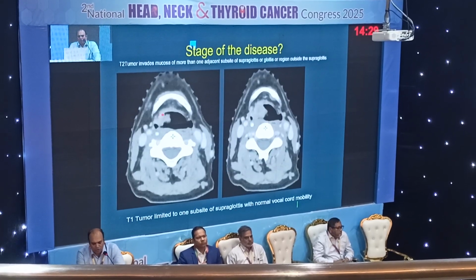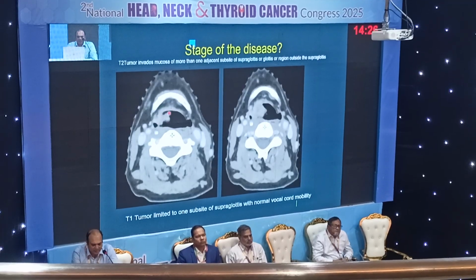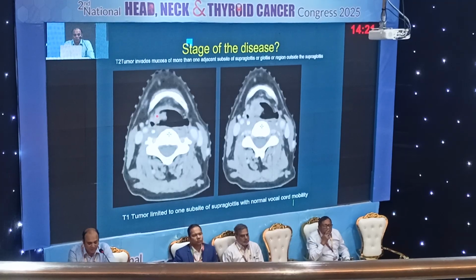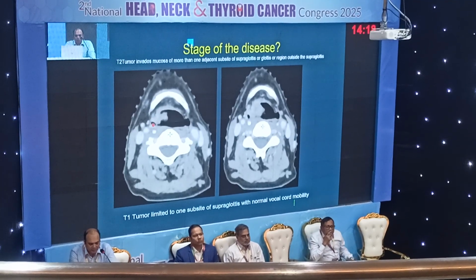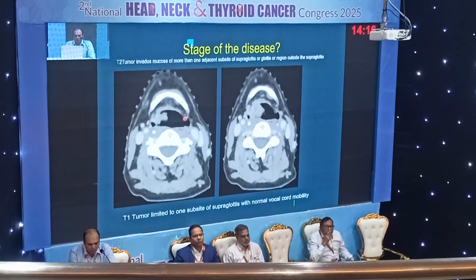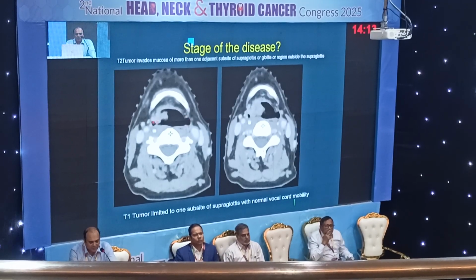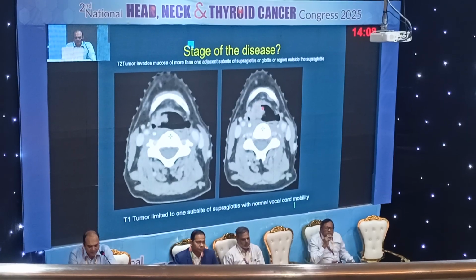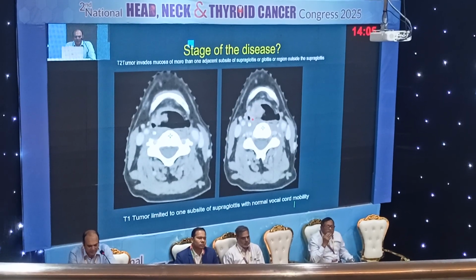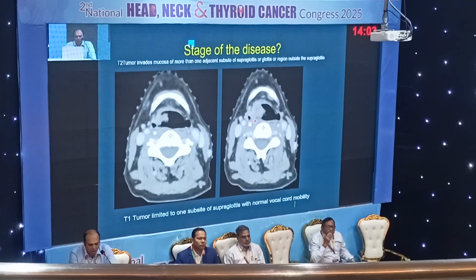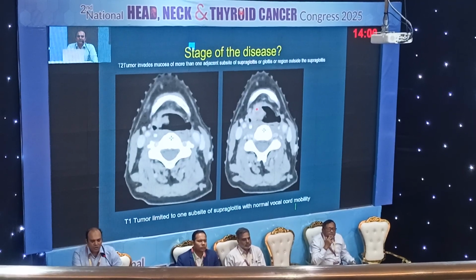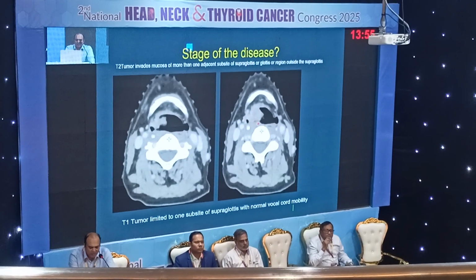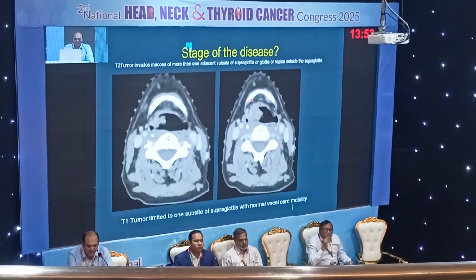So here you have a tumor in the supraglottis. Here you can see a lesion in the epiglottis and the aryepiglottic fold. If two sites are involved, then it becomes T2, and you can see the obliteration of the right piriform fossa. The left piriform fossa you can clearly make out. So this is the right piriform fossa, with mild obliteration. This again adds to a T2 disease. It's an epiglottis and aryepiglottic fold enhancing lesion with obliteration of the right piriform fossa. If you have a lesion like this, two things you need to bear in mind: when the lesion is extending into the piriform fossa, like extending into the posterior pharyngeal wall, and lesion extending anteriorly into the pre-epiglottic